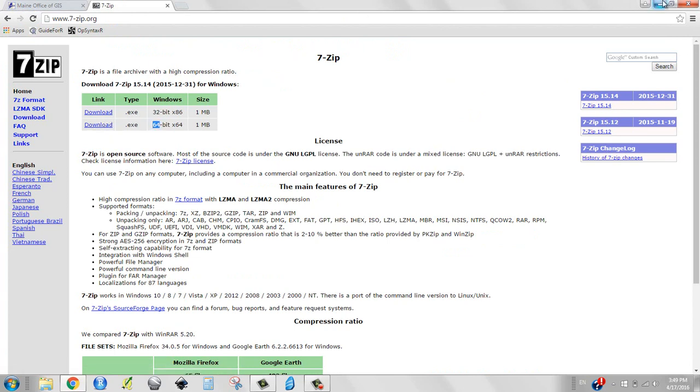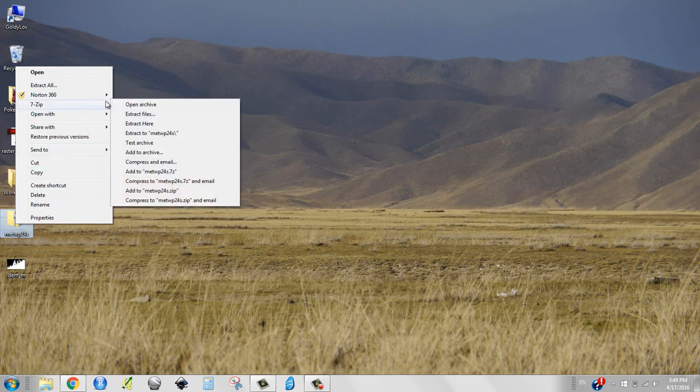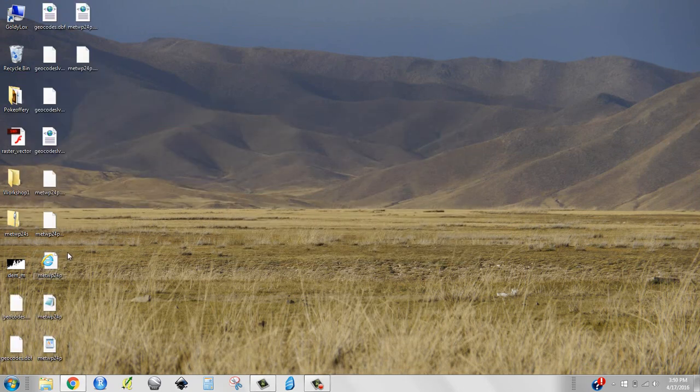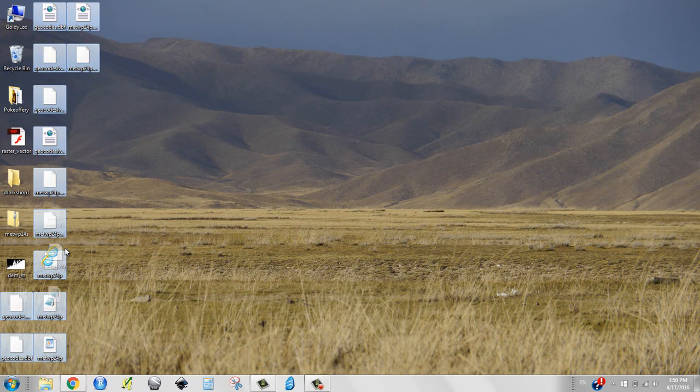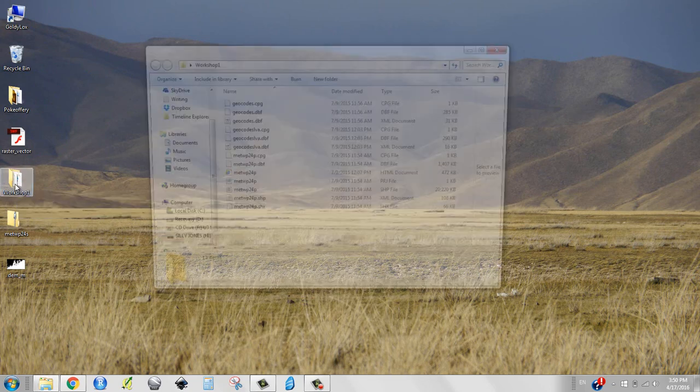You can just download it depending on your 64 or 32-bit. And when you get that onto your computer and install it, if you have a PC, you can just right-click your compressed file, and then 7-Zip is right there, and you can say extract. And I'm going to extract it right here on the desktop. And then it goes poof. And you might be thinking, oh gosh, what are all these files? But I hope you can remember that a shapefile is actually a bundle of files. So I'm going to take all these files that I just downloaded and put them into a blank folder here. And I called my folder Workshop 1. So that's the shapefile, and you should have the shapefile now